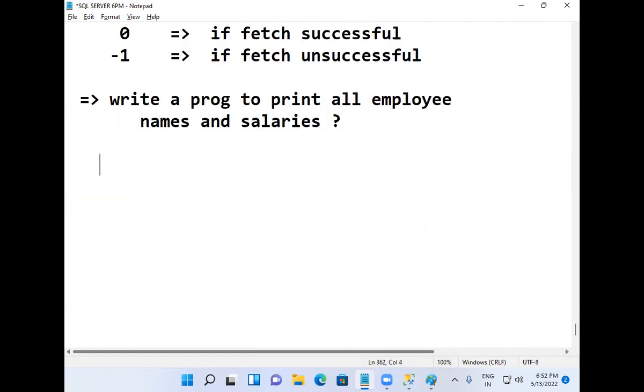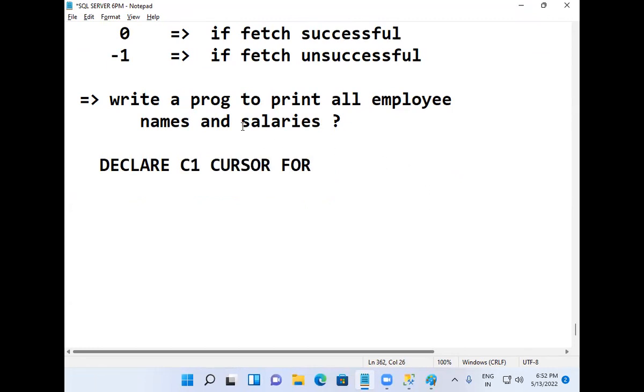First you have to identify whether a cursor is required or not. Single row, not required; multiple rows, required. Then if you want to use a cursor, first what you have to do is declare the cursor C1 cursor for